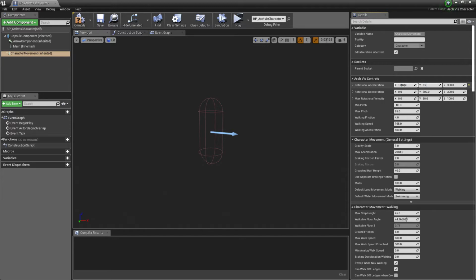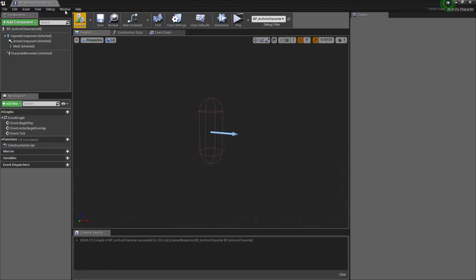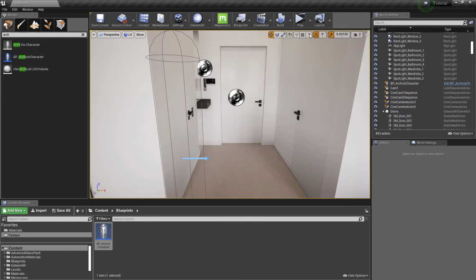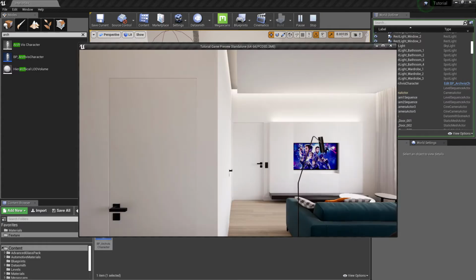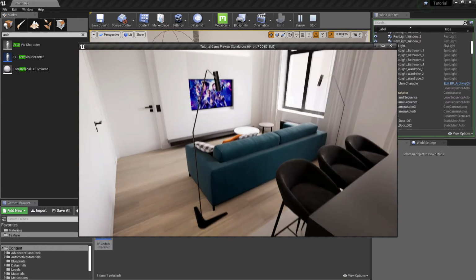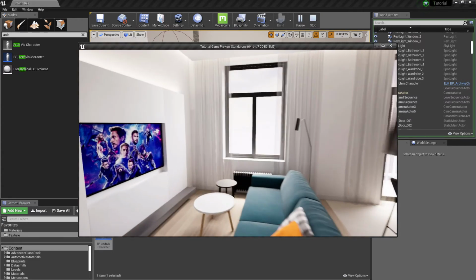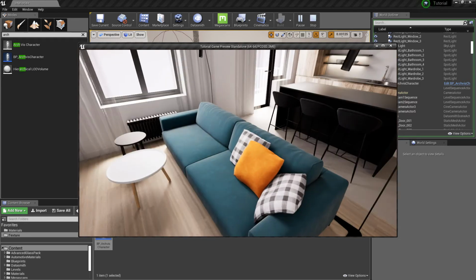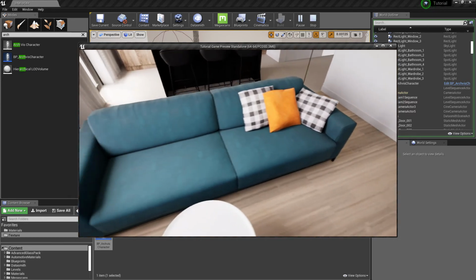Go to the ArchViz controls panel and change these parameters to 1500. Hit compile and save. The sensitivity is much better now.